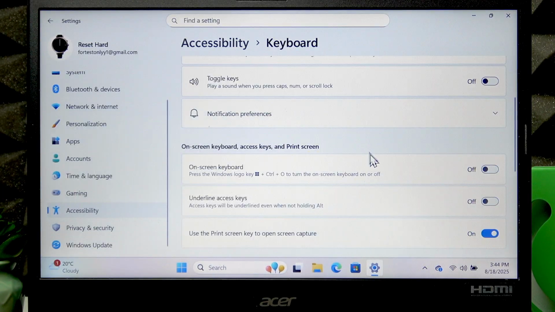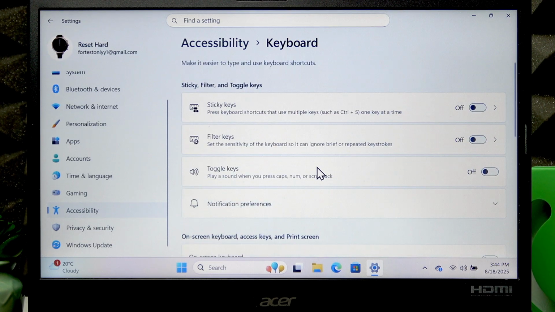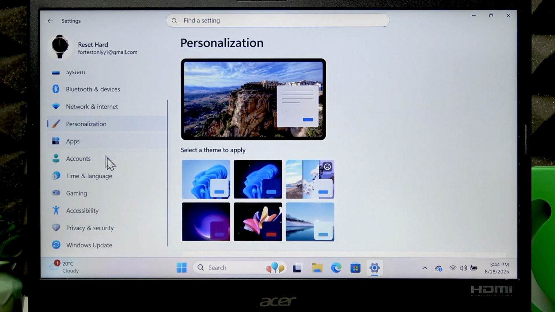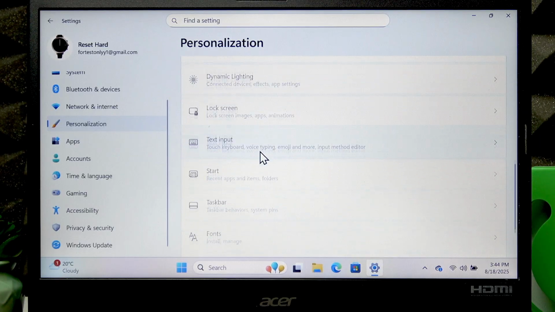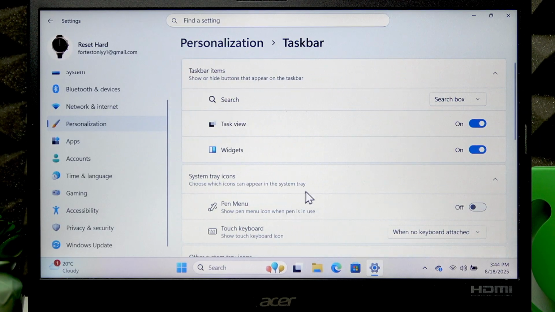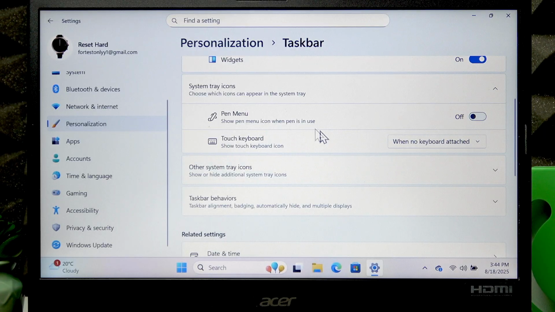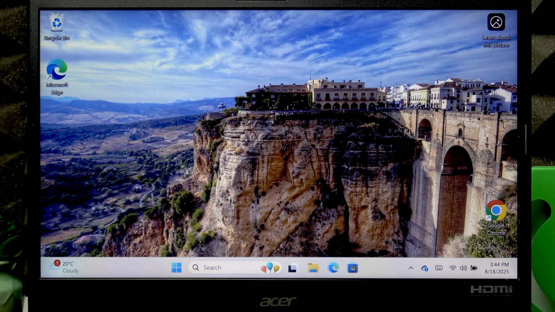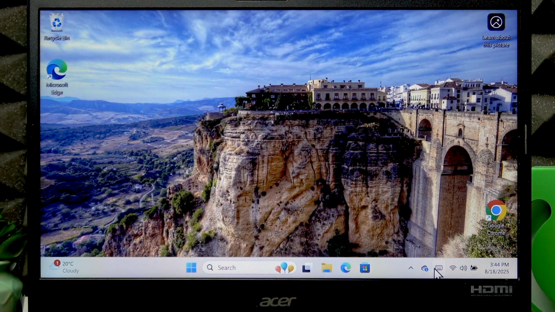But if you want to have access to the on-screen keyboard all the time and not have to enter the settings for it, you have to go to personalization, then select taskbar, and then next to touch keyboard feature, change the value to always. Then you can close the settings and you will see this touch keyboard icon on your